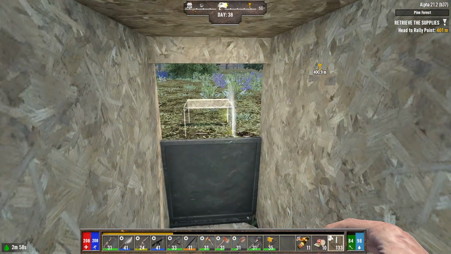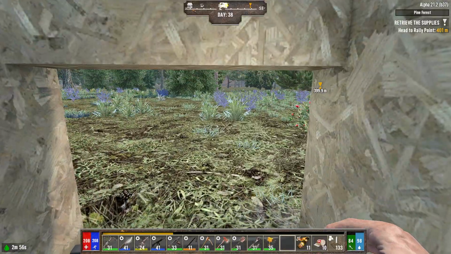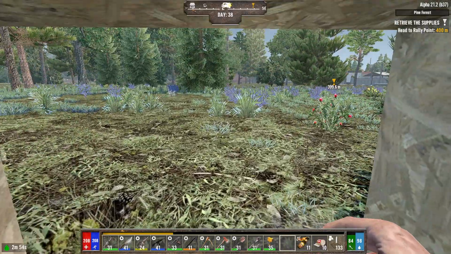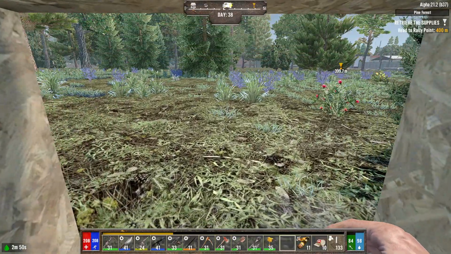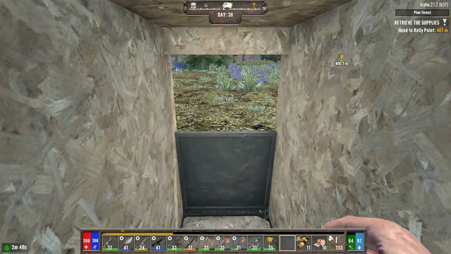Like that. Now what that does is keep them from climbing over this. Now they'll glitch through it, but it keeps them from climbing this. And here you can,